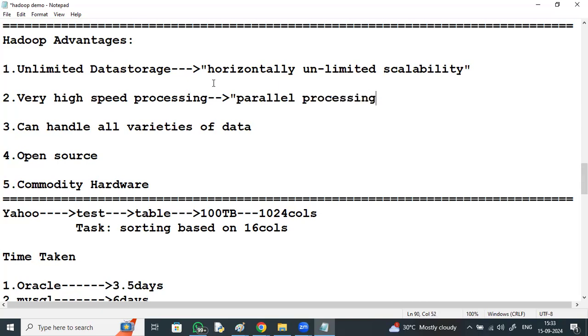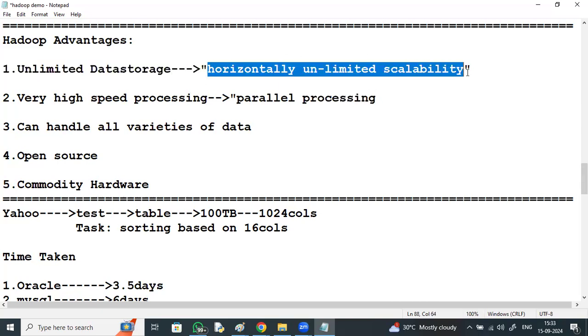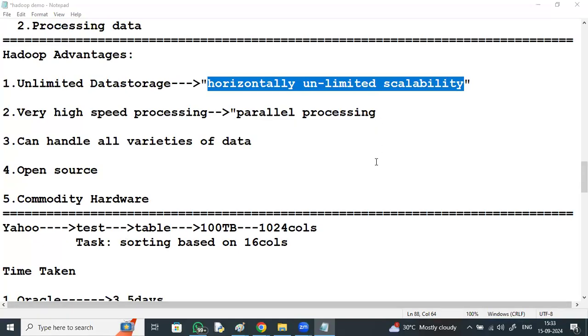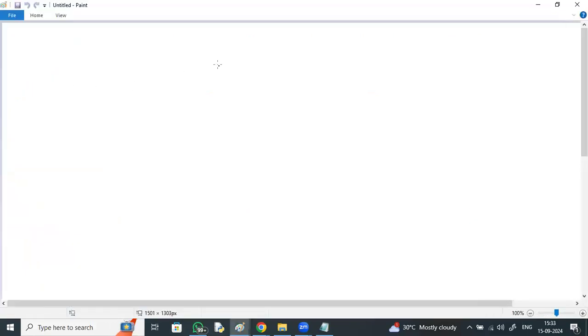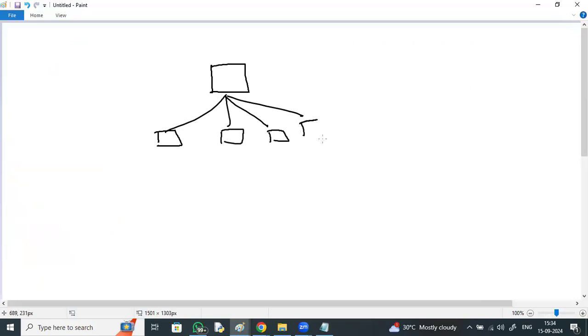Horizontally unlimited scalability means, observe: for example, a small organization that has some number of slaves, assume 10 slaves. It is running with 10 slaves.